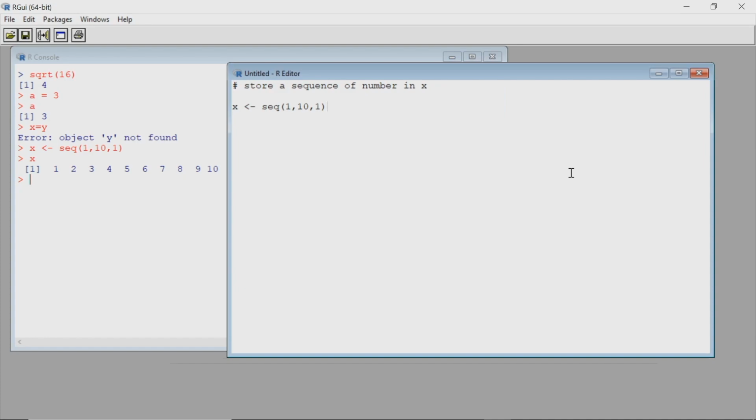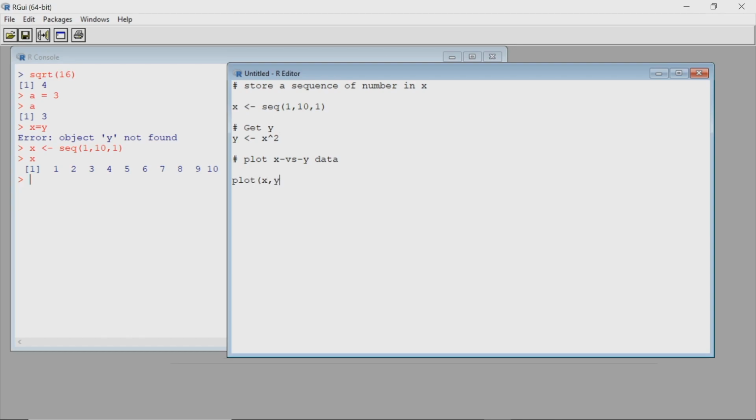Now, I will go back to the script editor, and I will write y. I am assigning a value to y, a new variable, and I want that to be x square. That means I am saying y equal to x square. So, let me make a comment, get y. This is the step where I am getting the y, and now I want to plot the data. So, I write a comment for you and me, plot x versus y data, and to achieve that I write a command plot